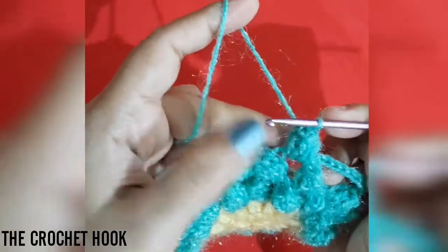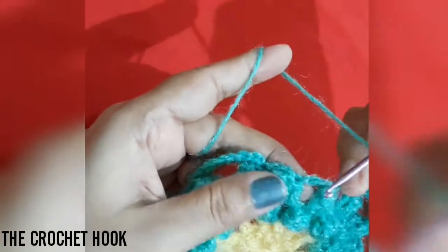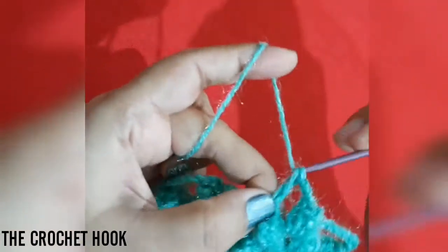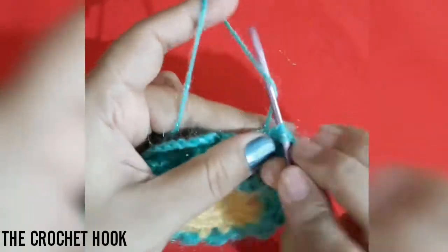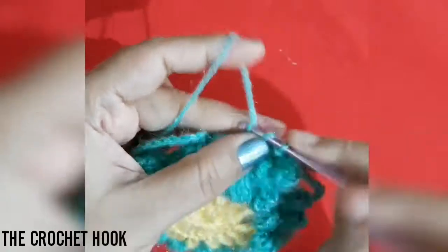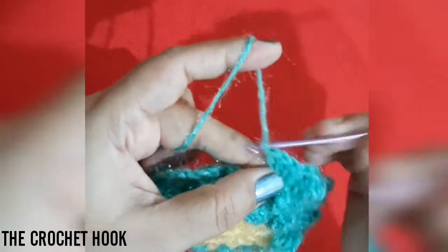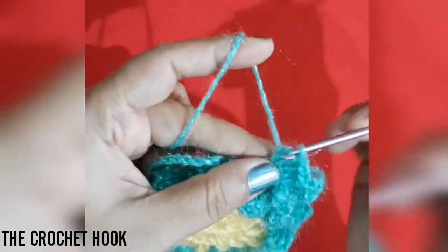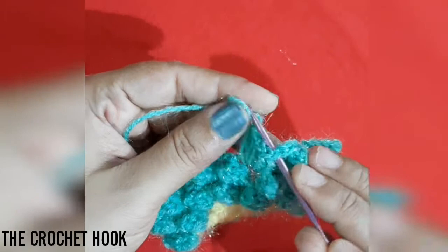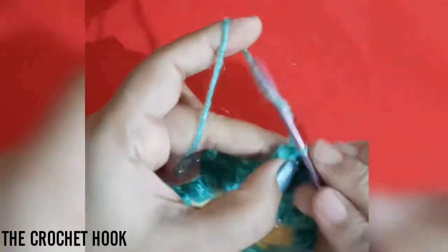Like this. Then chain 3, 1, 2 and 3. Yarn over, in the next chain 3 space again, work 5 DCs to create a popcorn here also. 2, 3, 4 and 5. Create a popcorn with this 5 DCs, and this time chain 3,